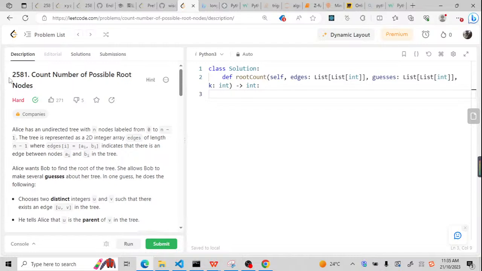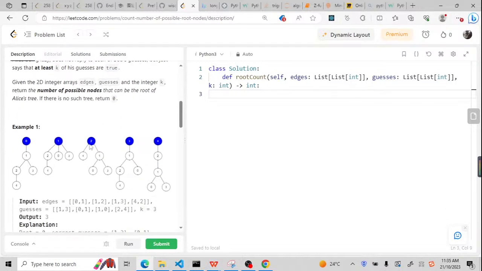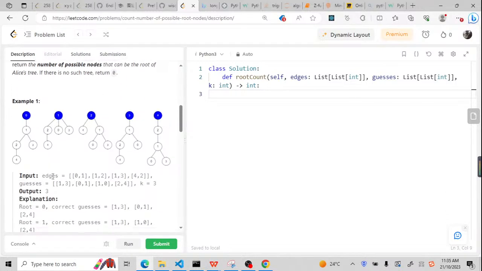Let's try to solve LeetCode problem 2581, Count Number of Possible Root Nodes. For this problem, we are given edges. These edges describe a tree structure, with many edges like that. And we also have guesses. So this guess means